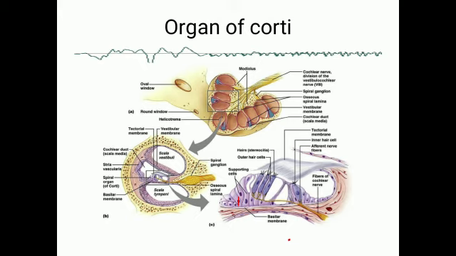These stereocilia of the outer hair cells project into a thin gelatinous membrane-like structure called the tectorial membrane. Here is the tectorial membrane. This membrane is attached medially to the spiral lamina, and laterally it is free and it is supported by the supporting cells of the outer hair cells. Whereas the stereocilia of the inner hair cells, they are just short of touching the tectorial membrane.